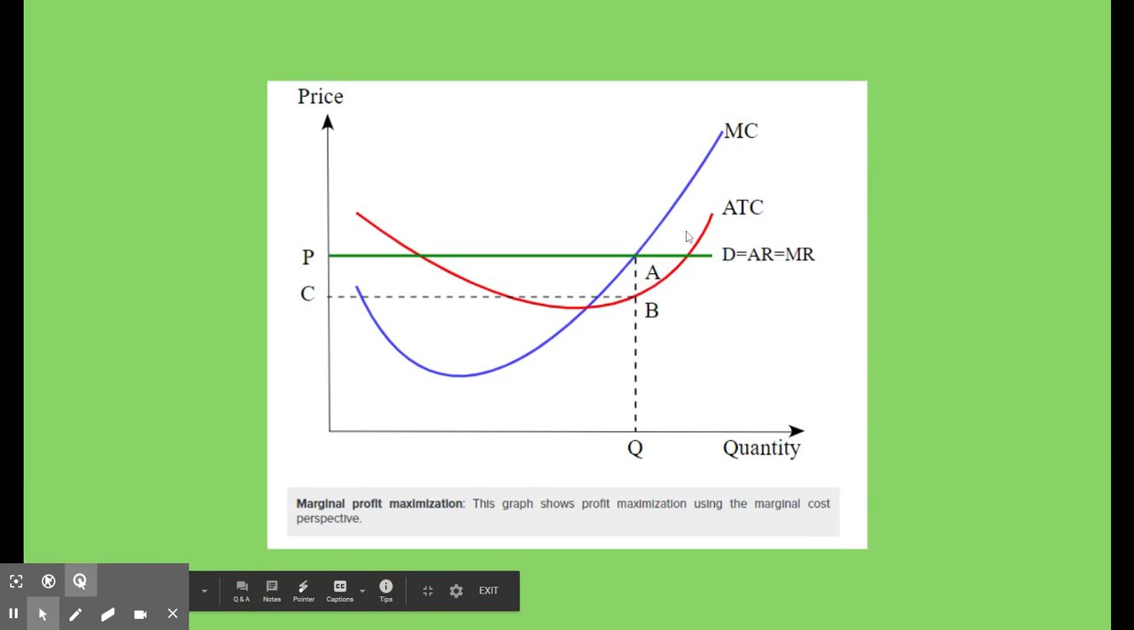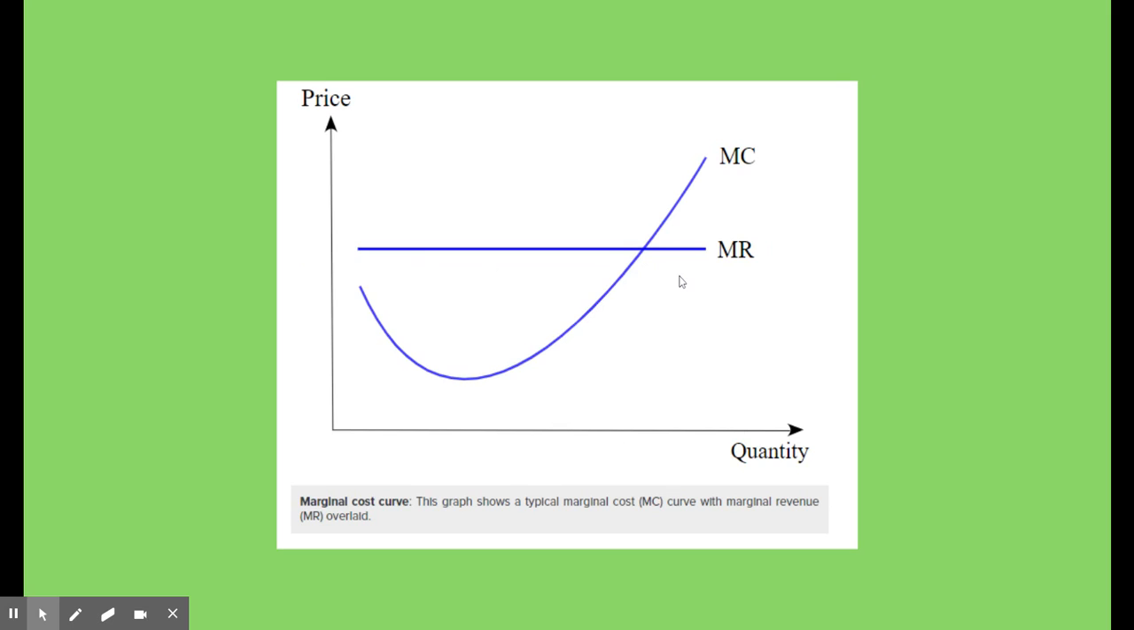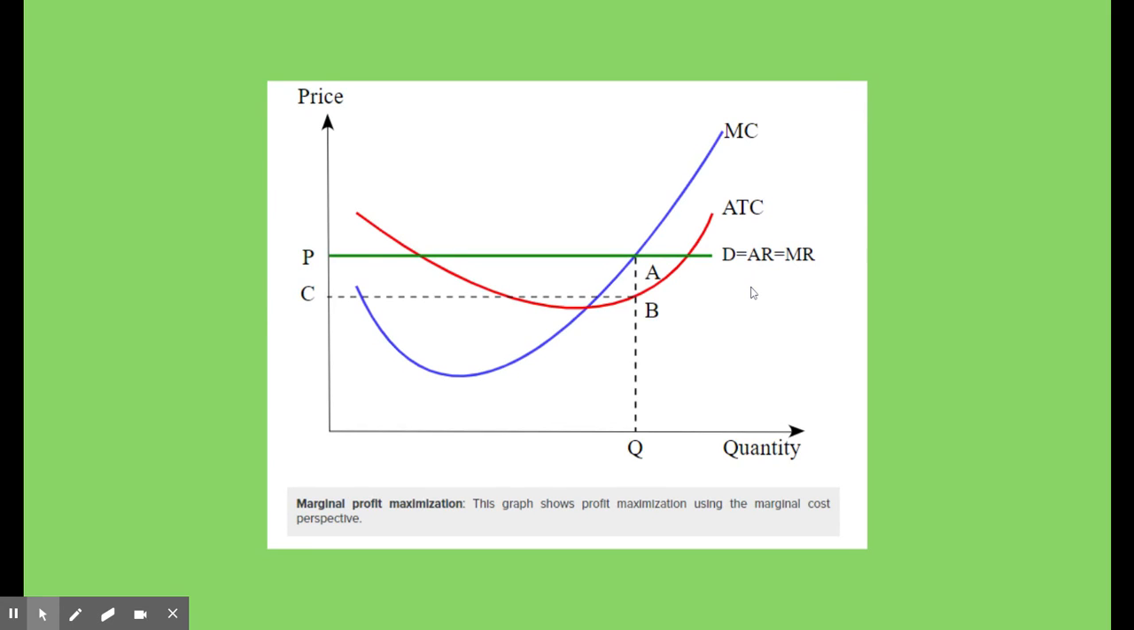This is profit maximization, and this shows the marginal cost perspective, and this is over the long run. Here we can see, once again, the demand, which is equal to marginal revenue. Remember, this isn't a perfectly competitive marketplace, which is why this is this horizontal line, and marginal revenue and demand are the same. And this is the marginal cost, so this curve here that we saw before, and this is the average total cost. And whenever we have marginal revenue equals marginal cost,